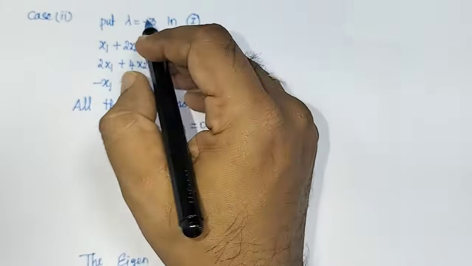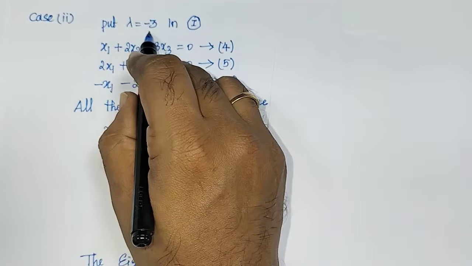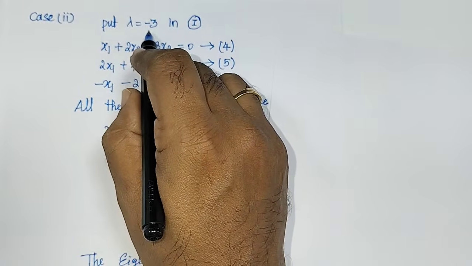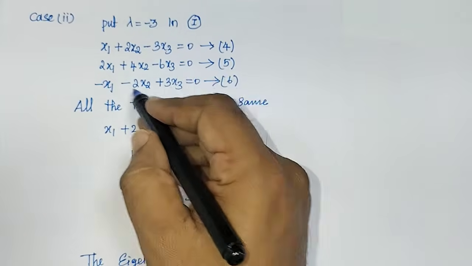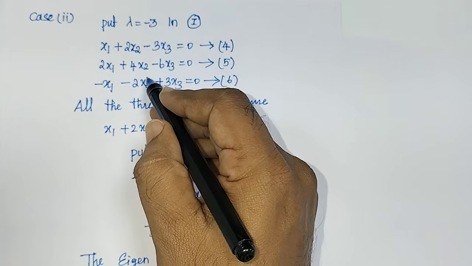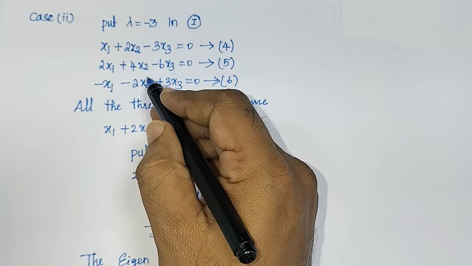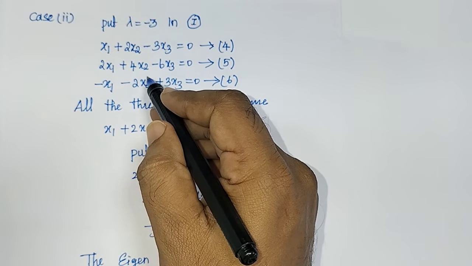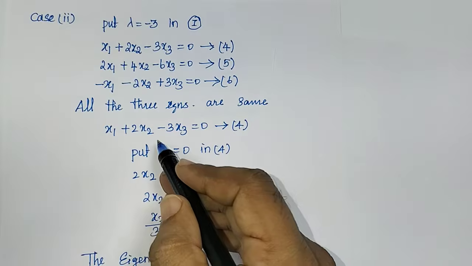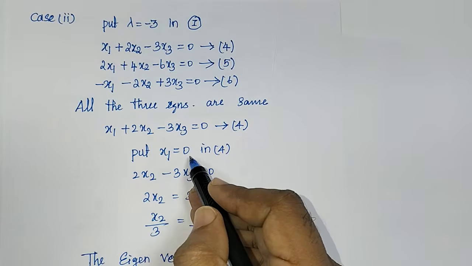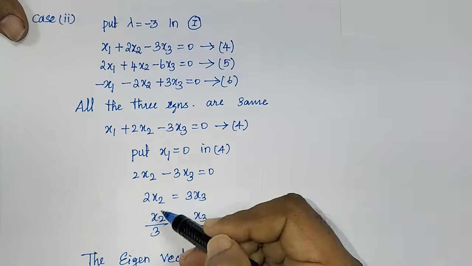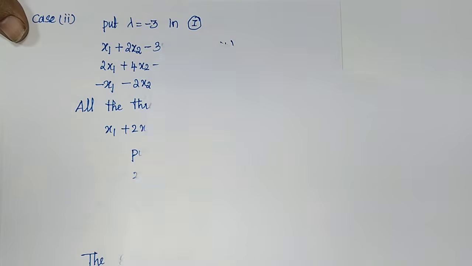So the second eigenvector we identified based on lambda equal to minus 3. When I am substituting lambda equal to minus 3, we will get the system of equations. All three are same. All three are same means we cannot find it based on the cross rule method. So here we take any one of these equations. We will put x1 equal to 0. We will get the x2 eigenvector. In similar manner,